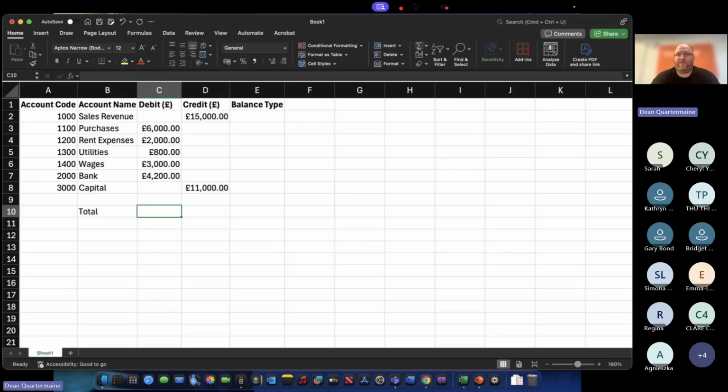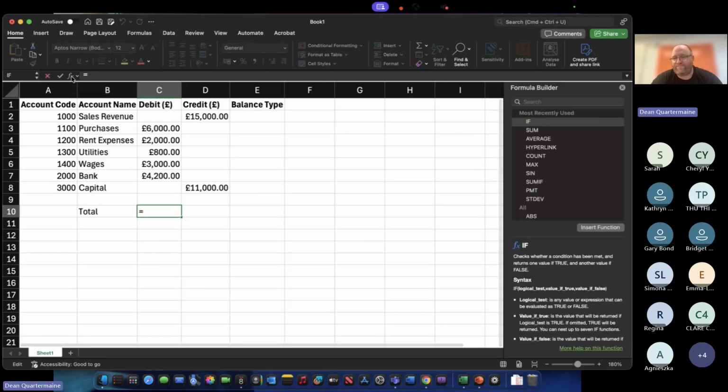But you've almost got three ways you can do this. We're going to put a function in here to sum up everything from C2 to C8. That's three options. One is to click this button here that says insert function. It looks like an F with an X at the end. So if we click that,